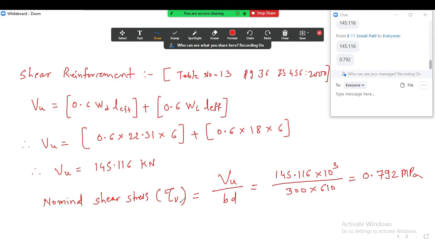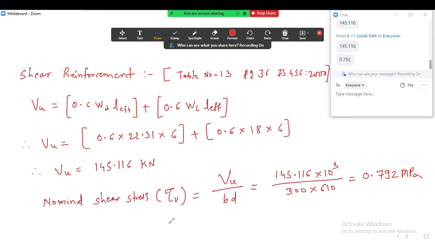tau V म्हणजे काय की एवढा शियर स्ट्रेस या बीम मध्ये सध्याला डेव्हलप होतोय. समजतंय. नॉमिनल शियर स्ट्रेस मीन्स हा शियर स्ट्रेस सध्याला बीम मध्ये डेव्हलप झालेला आहे ड्यू टू द ऍक्टिंग लोड. तर आता आपल्याला काय करायचंय, नाउ व्हॉट वी आर गोइंग टू डू, वी विल कॅल्क्युलेट द परमिसिबल शियर स्ट्रेस. आणि परमिसिबल शियर स्ट्रेसला आपण काय म्हणतो, टाउ सी म्हणतो.